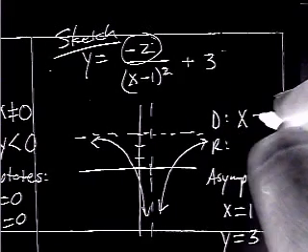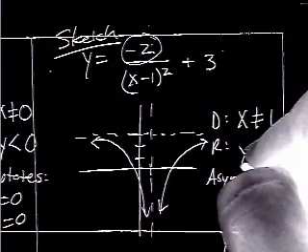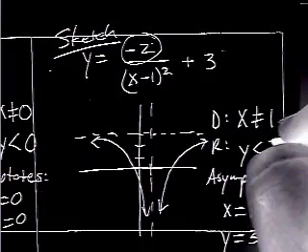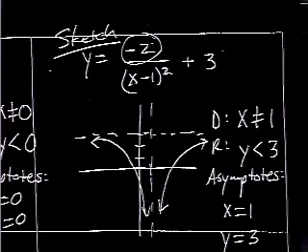My domain, everything except 1. And my range, all values less than 3. Not equal to 3 because that's the asymptote. And that's the notes on section 9-